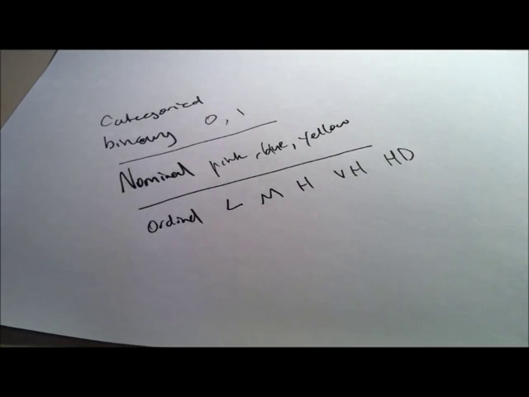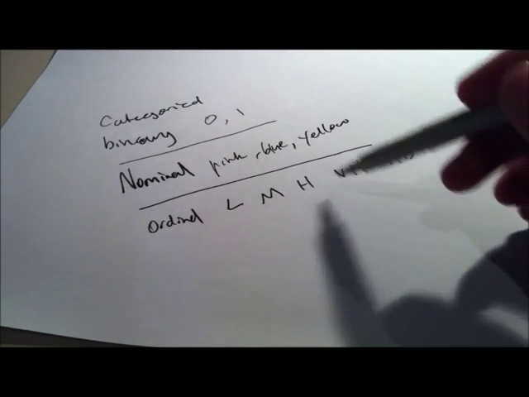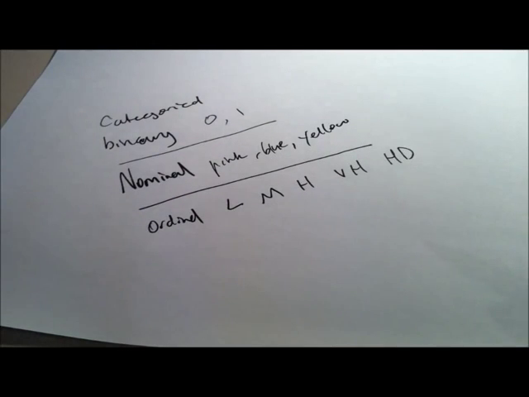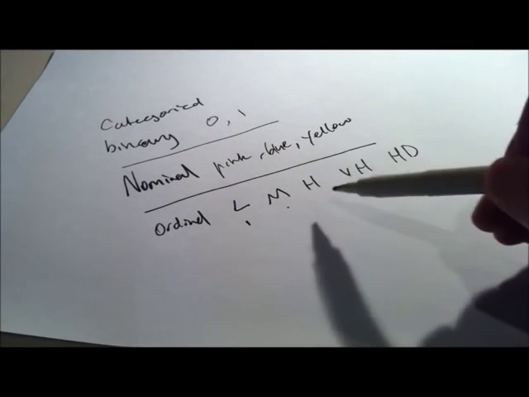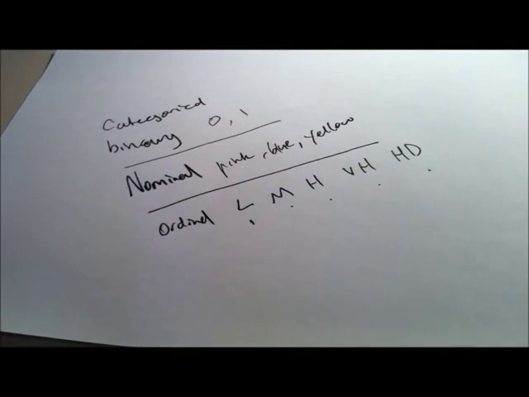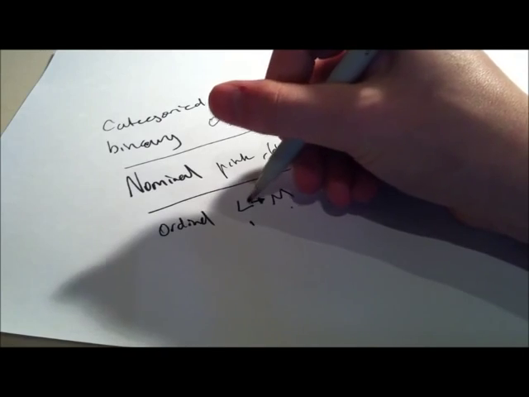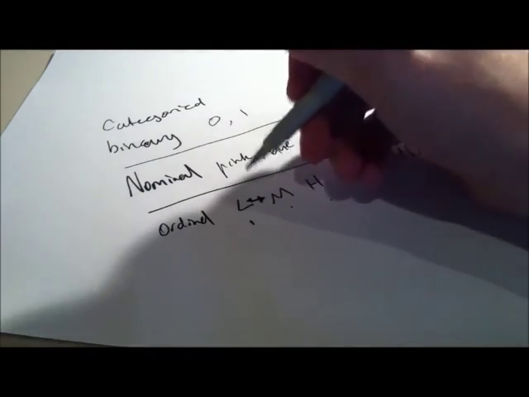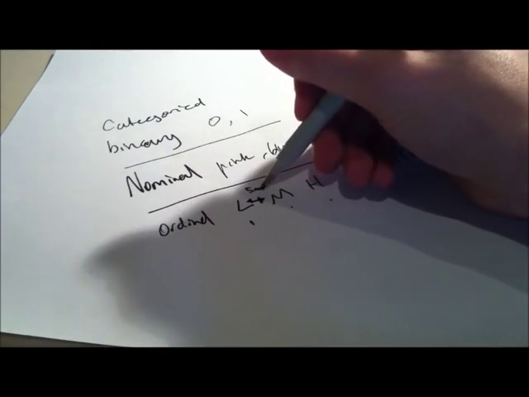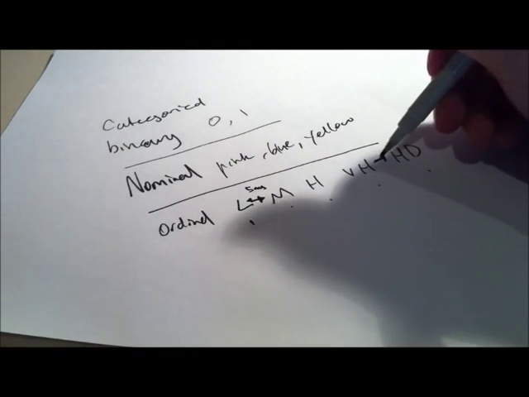Unfortunately, our dealer for the experiment didn't tell us the dosage of each. So we've got no idea of the difference between them, but we do know that this one's low, this one's medium, this one's high, this one's very high, this one's a heroic dose. But we've got no idea of the gap between these. Really the low and medium could be 5 milligrams apart, while the very high and heroic dose could